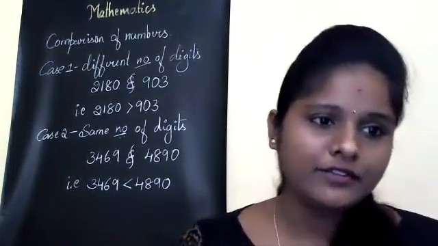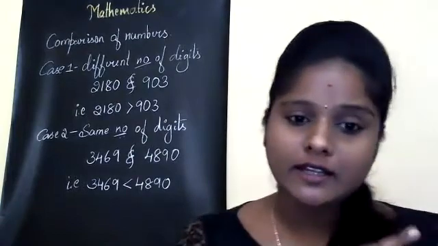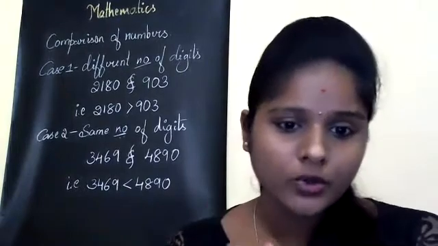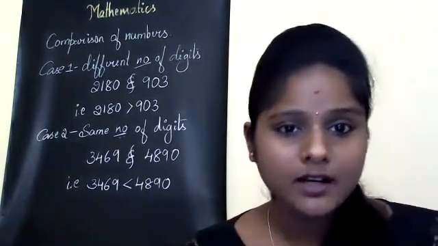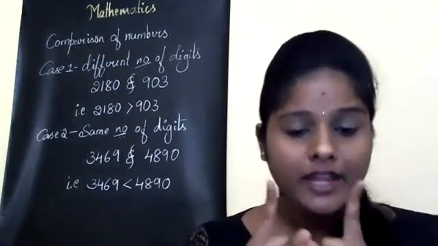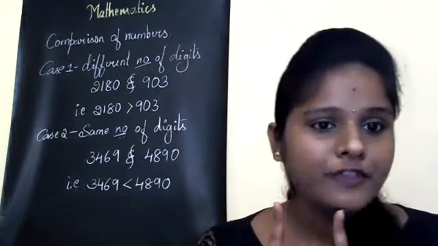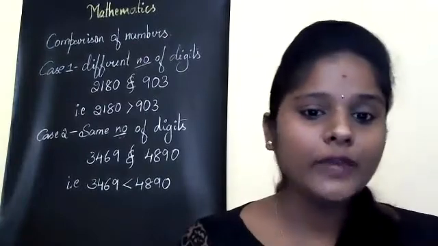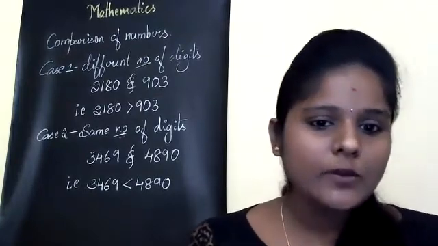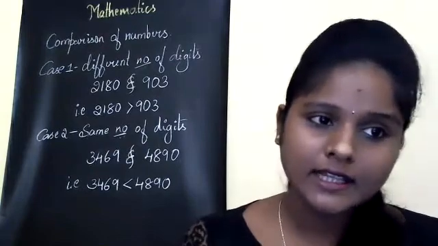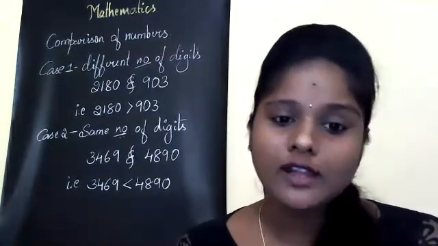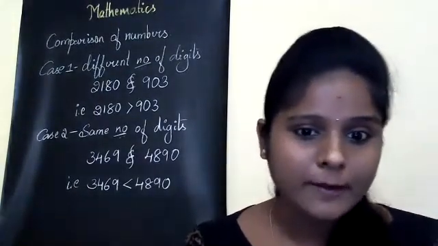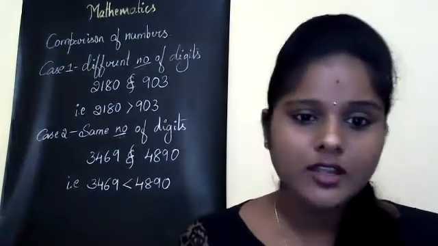If we find the difference, we will come to know whether the given number is greater than, smaller than, or even equal to. Comparison of numbers is nothing but verifying the two numbers to find the difference between them. On finding the difference, we can easily find out whether the given number is greater than, smaller than, or even equal to. Done? Did you get the definition of comparison of numbers?